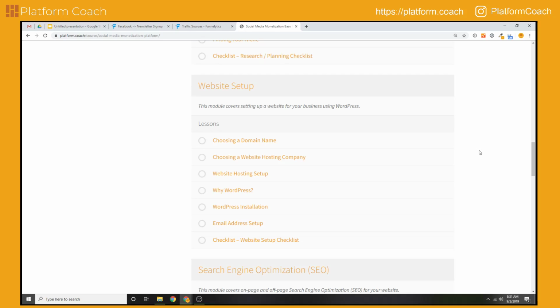And then each of these modules is going to end with a checklist. That way you can make sure you're checking through these items and getting everything configured as it should be. And then once we have the website set up, we'll move on to talking